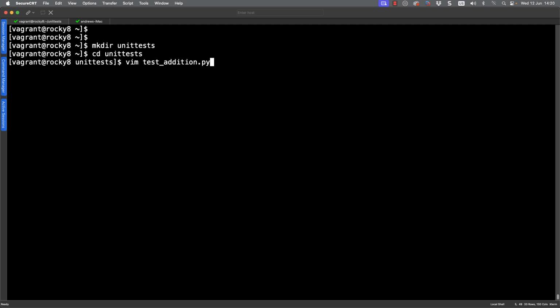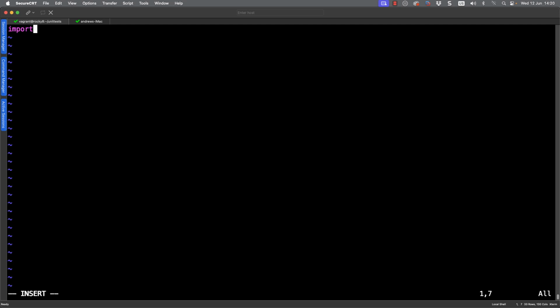So we're going to go in, and it needs to be called test_addition. It has to start test underscore, but we're calling it then test_addition.py, and we're going to import the unittest module as a standard module inside of Python, so we don't have to worry about installing the module. We're going to create ourselves a new class definition for the unit test, and we're going to call it TestAddition. Again, our classes must start with Test for unit tests. And then we can instantiate it from unittest.TestCase. So that's a template that we can bring in to make stuff available to us.